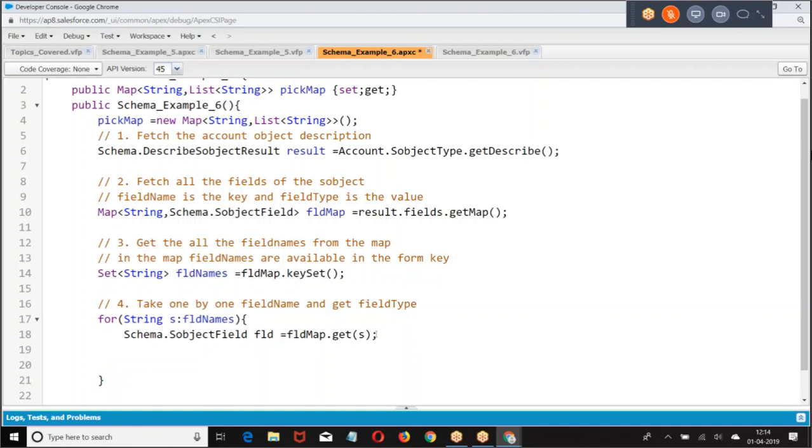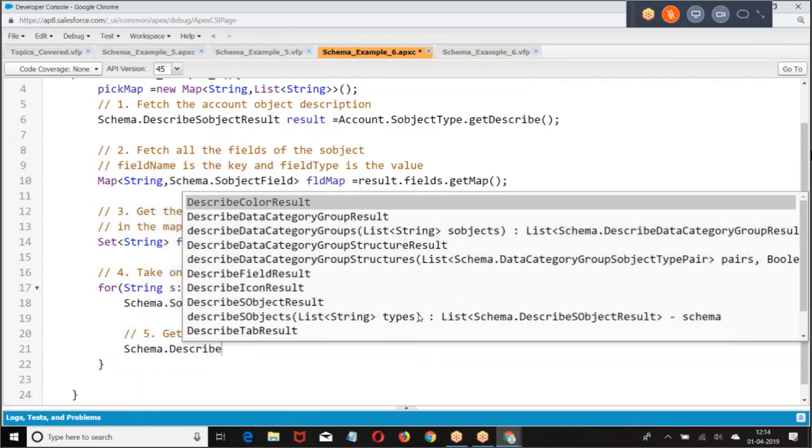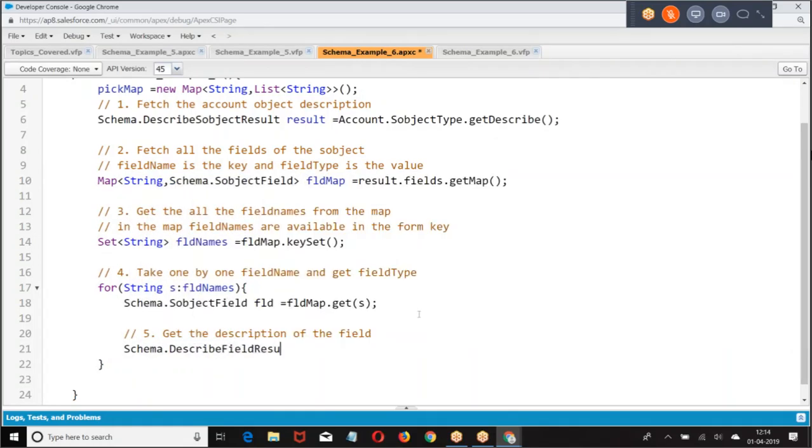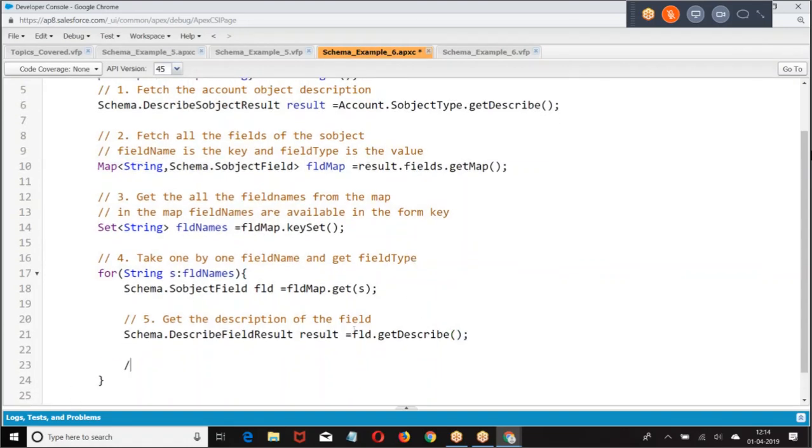Once you got the field, step number 5, get the description about the field. How can you get the description? Schema dot describe field result, dot get describe. Once you got the description, get the data type of the field.